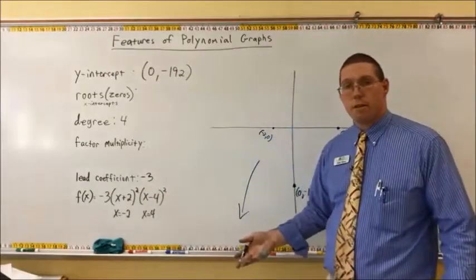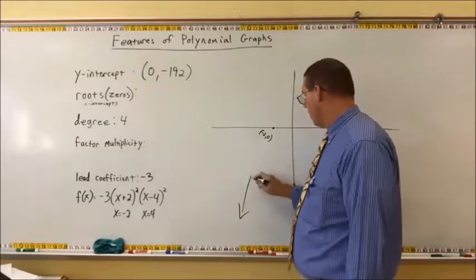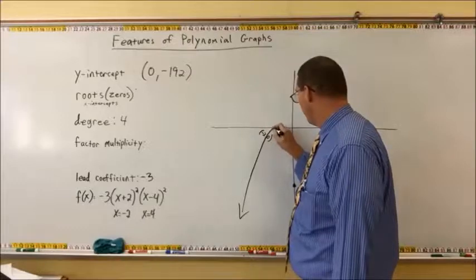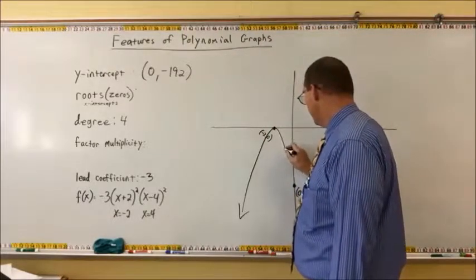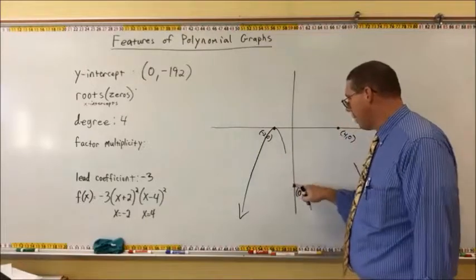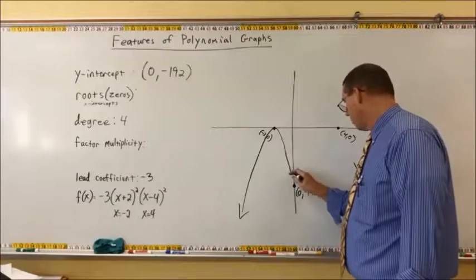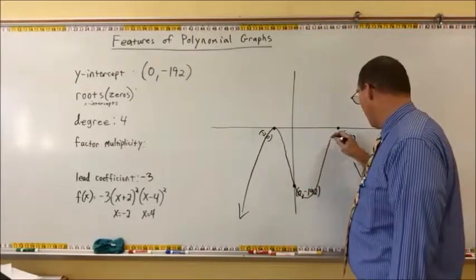Because their multiplicity is even, the curve is going to bounce off of the graph. So this curve is going to approach -2, and instead of crossing over, it's not going to cross over. It's going to come back. Then it has to pass through the y-intercept. So we're going to pass through the y-intercept, then we're going to turn around, and we're going to go back